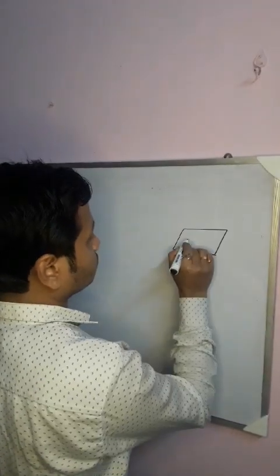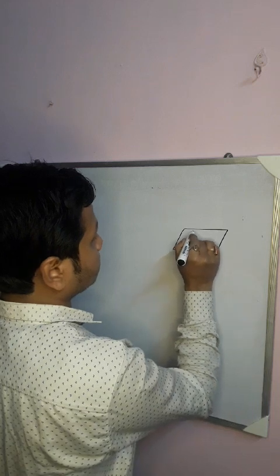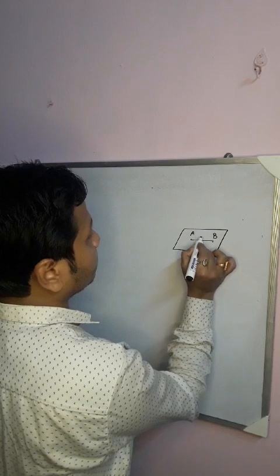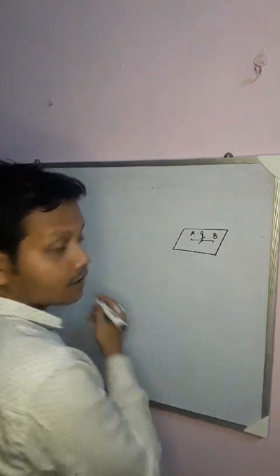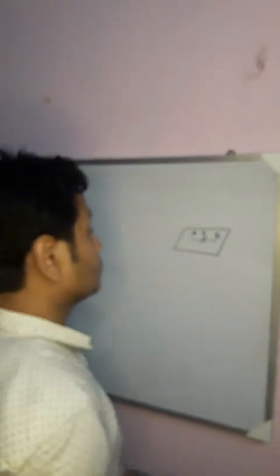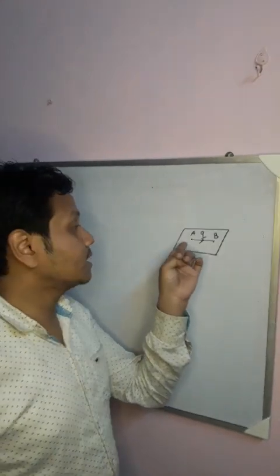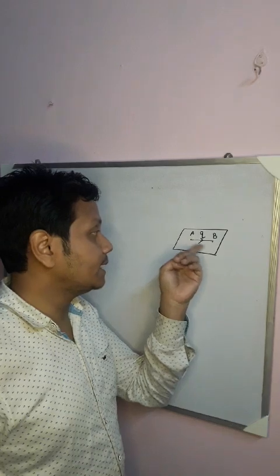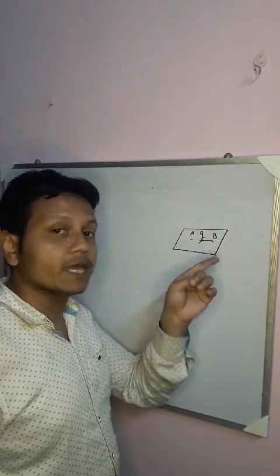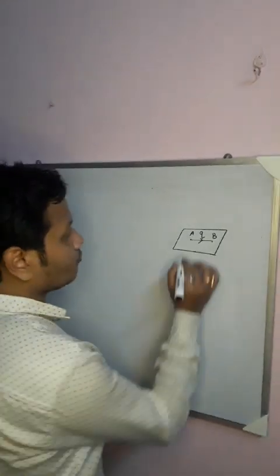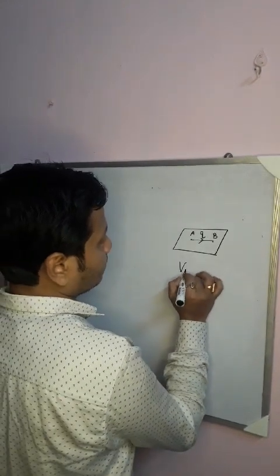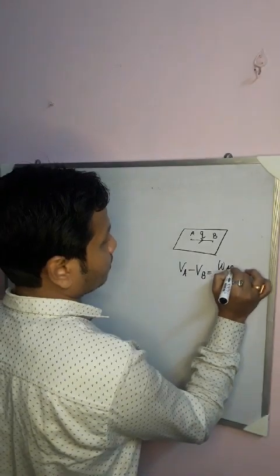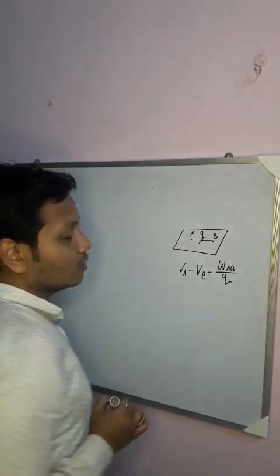This is a point A and this is a point B. What will be the work done in taking a charge from A to B? Okay, so this is an equipotential surface and there are two points A and B. Now what will be the amount of work done in moving a charge Q from point A to point B? We all know that VA minus VB equals WAB by Q,